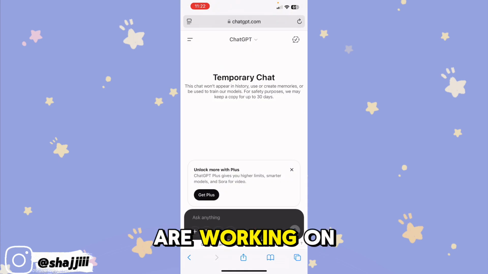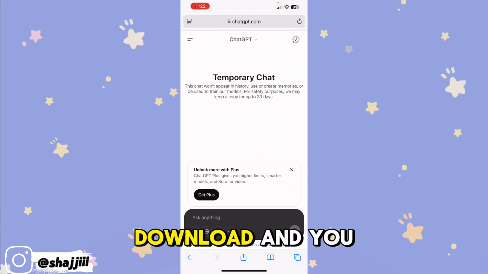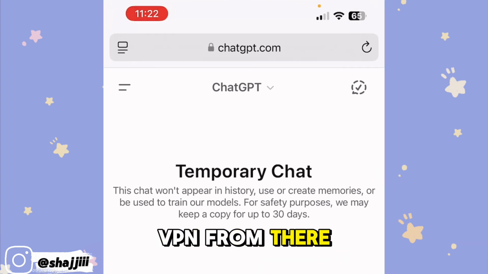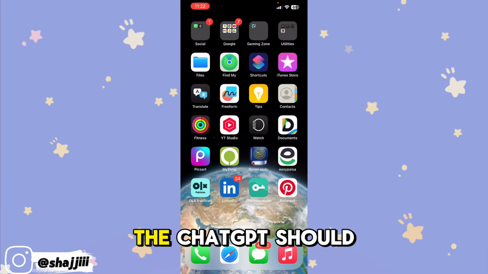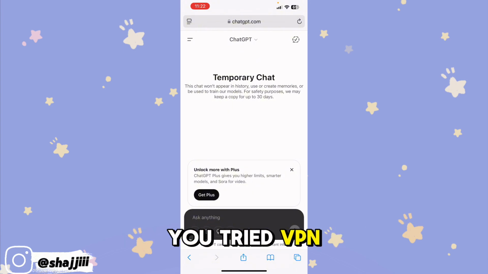And if you are working on a laptop, you can simply go to Google and type free VPN download, and you can download any VPN from there. After turning on the VPN, ChatGPT should work for you. And if this solution doesn't work, you tried a VPN but it didn't help, then let's move towards solution number